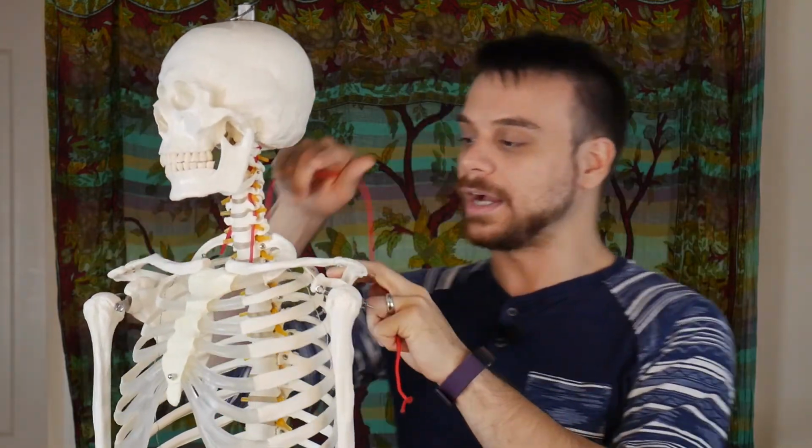So the next muscles we're going to look at are the Scalenes group. Now, we're not going to get too specific with these muscles and their origin points, but we will get specific with their insertion points. So first thing to note of the Scalenes group is there's three muscles in the group. We have an anterior, we have a middle, and we have a posterior. So these muscles originate from the transverse processes of the cervical vertebrae, and then they reach down to attach to